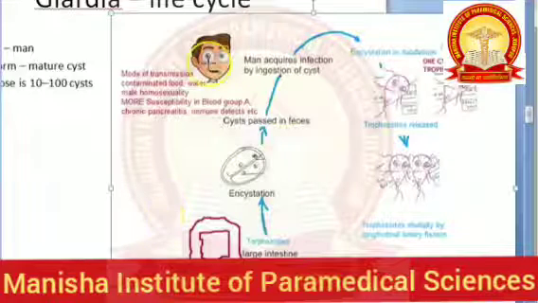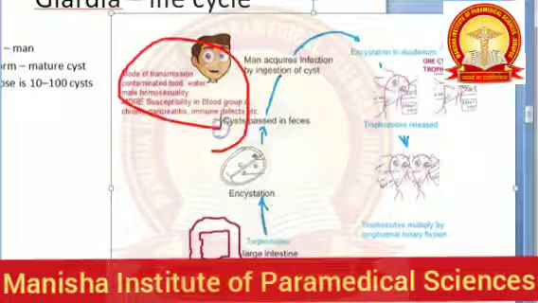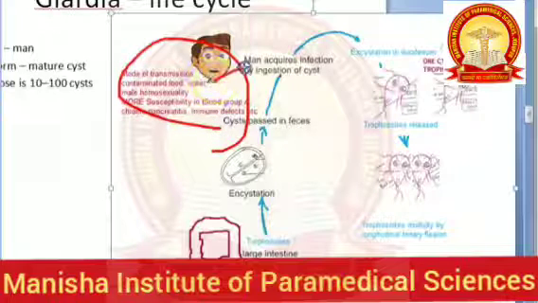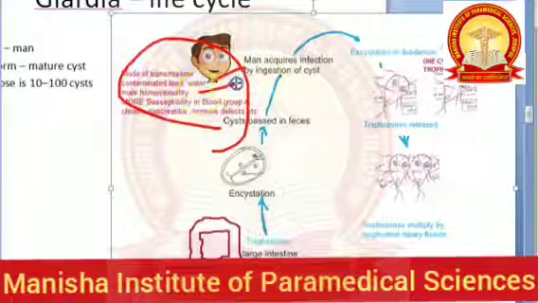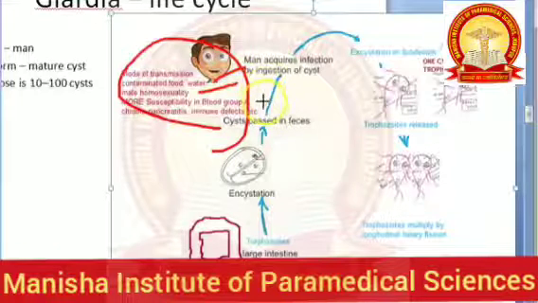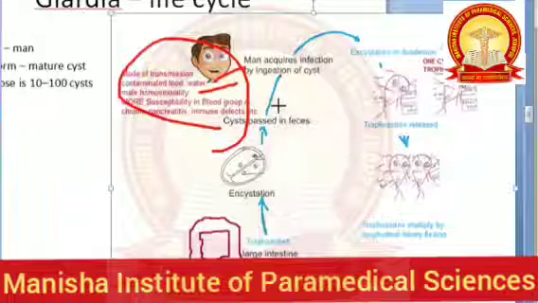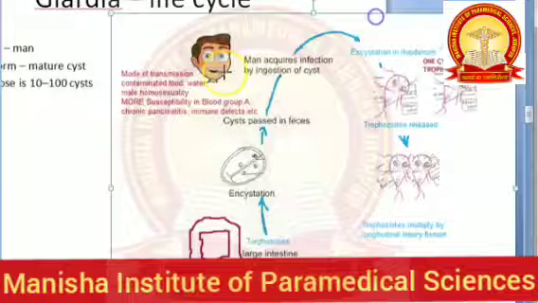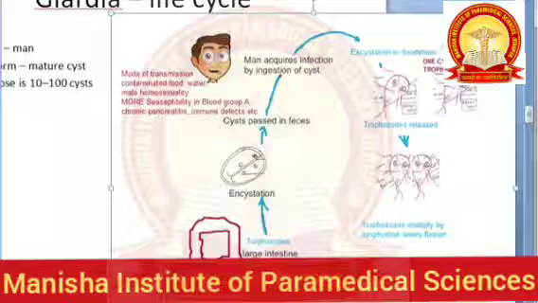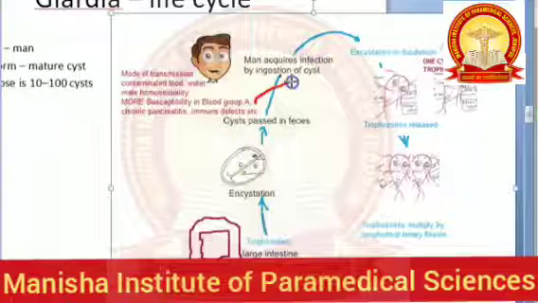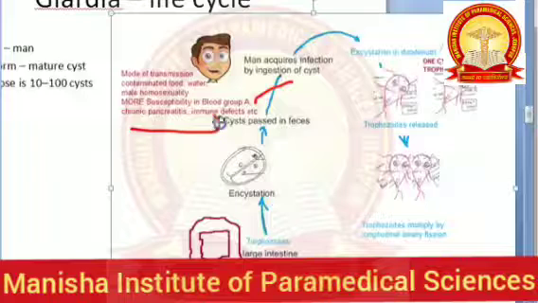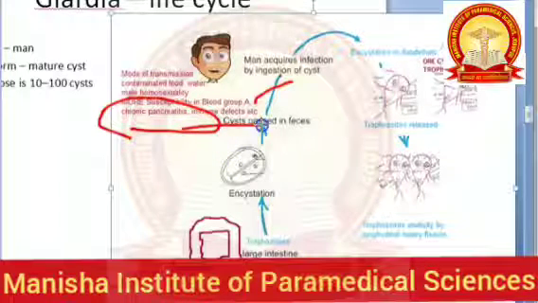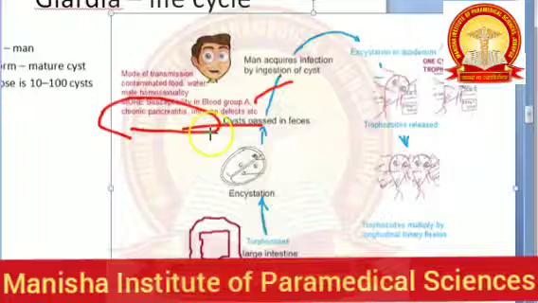Now, man is here. See the mode of transmission for Giardia. He ate contaminated food, water. Sometimes sexually, in male homosexuals it can transmit sexually, and some people are extremely susceptible to this giardiasis. Example, people who have blood group A. I don't have blood group A, so obviously I am not susceptible that much to giardiasis. And people who have blood group A are quite susceptible, and people who have chronic pancreatitis, people who have immune defects, people who have immune defects will be prone to so many diseases.